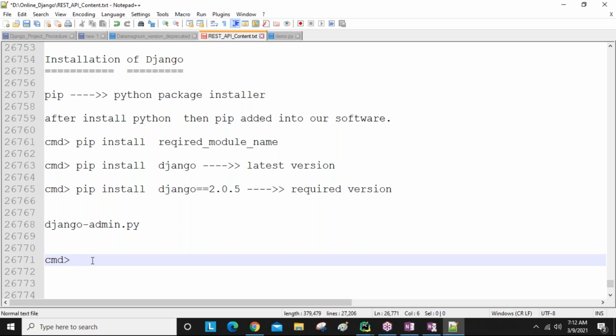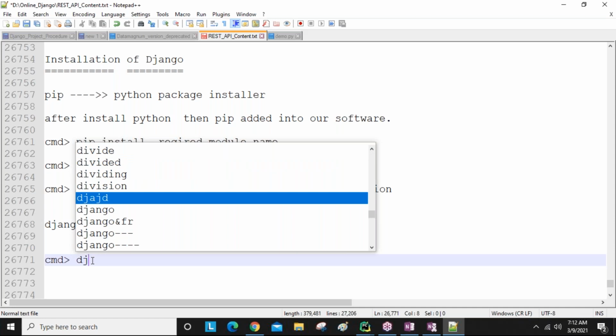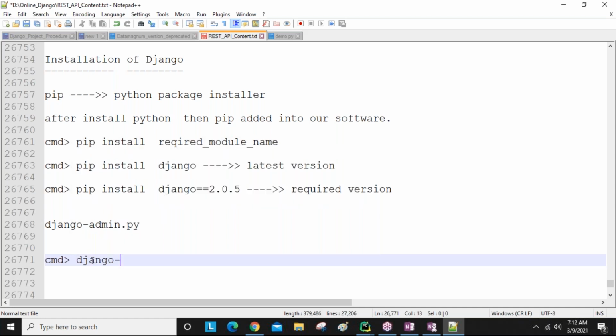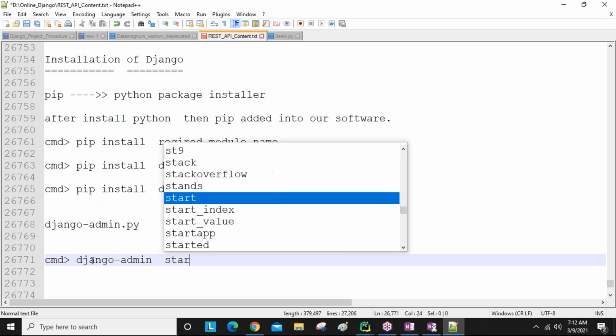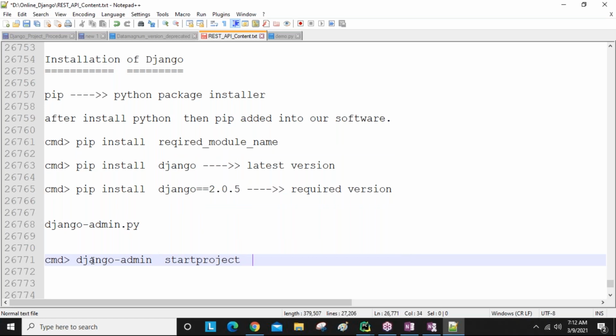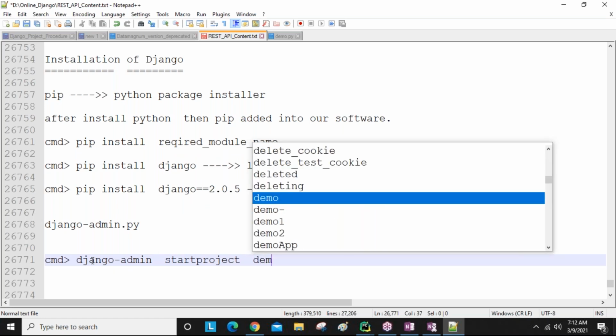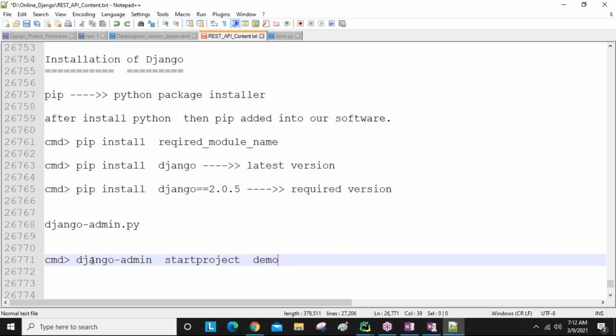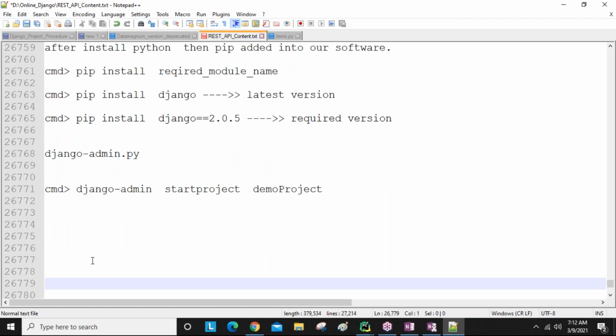I told you in the last session: django-admin startproject followed by whatever project name you want. I'm taking demo project, guys. This is my statement to create the Django project.